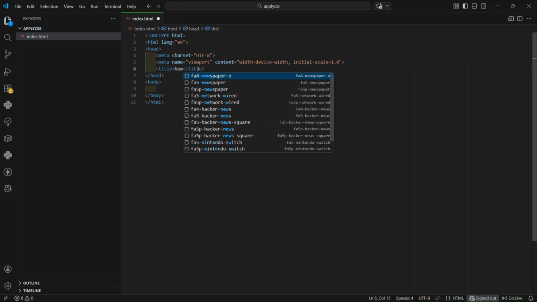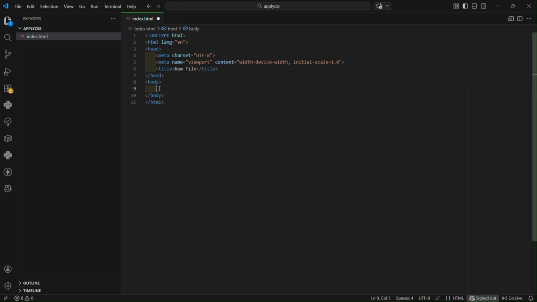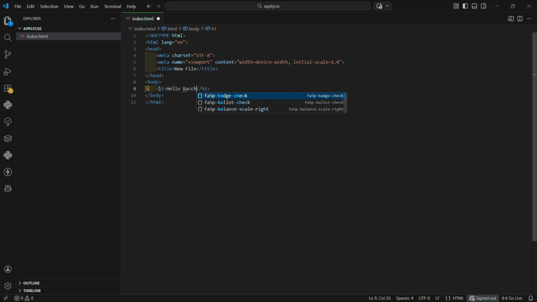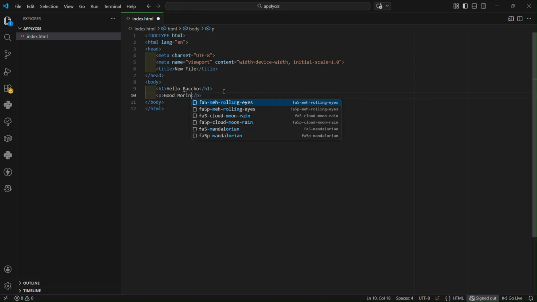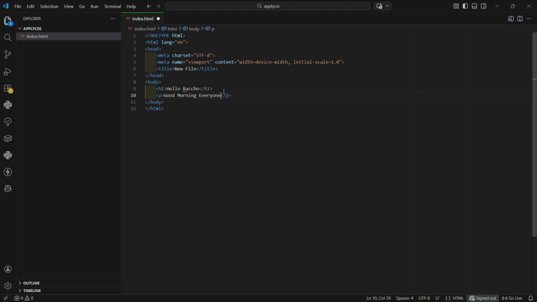Explanation marks. Then we change the title of the HTML page, that is the new file. Okay, then we create an HTML tag, that is the h1 heading tag, in which we write "hello bachcho", and so on. And we also create a paragraph tag in which we write "good morning" and so on. And next we create inline CSS, that can be the